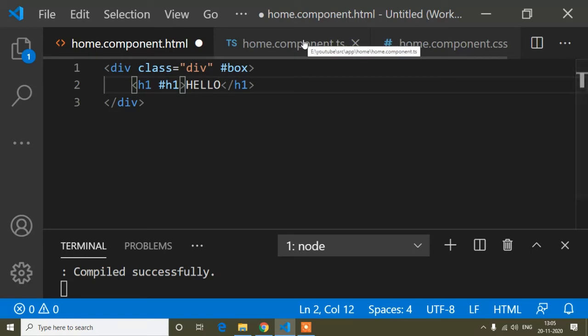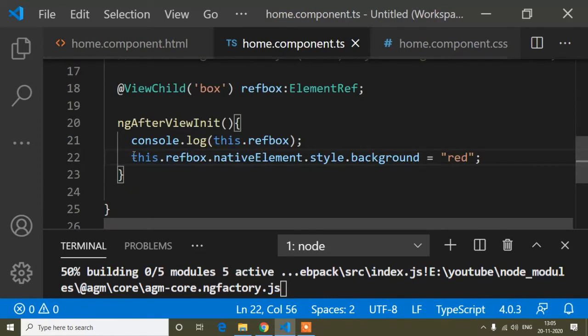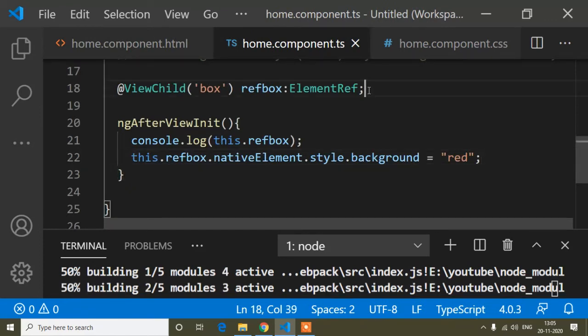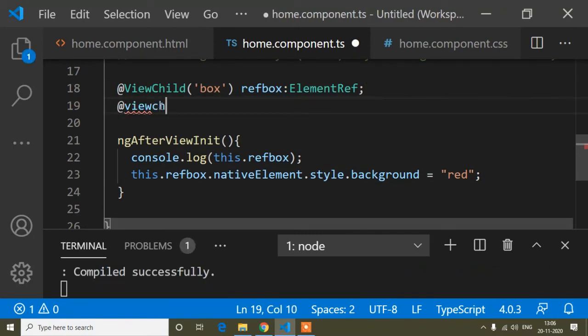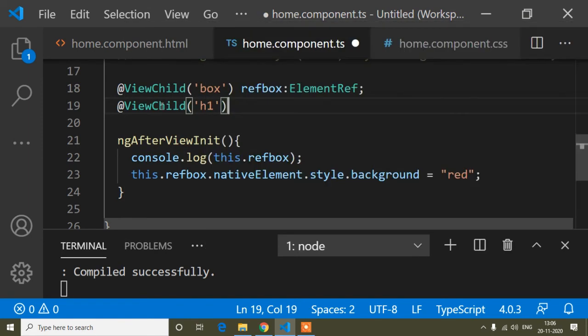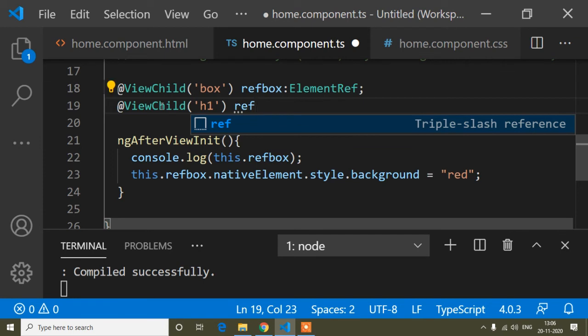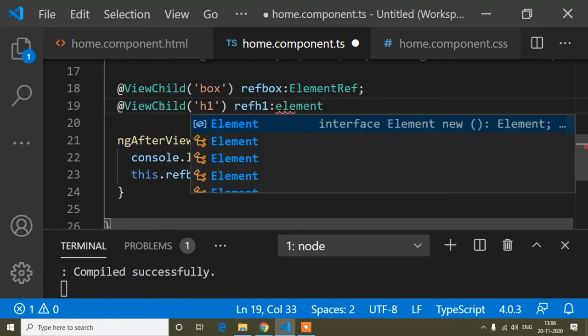Okay, and now I will copy this h1, and the same way just here again you have to write @ViewChild, and now the template defined variable name h1, and I have to add a reference, so I will write ref h1 and type is element ref.